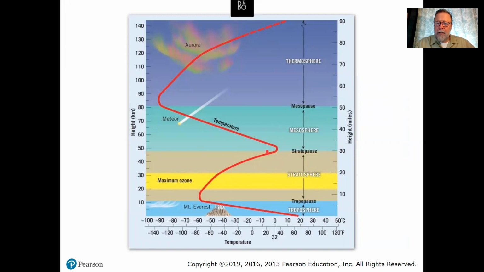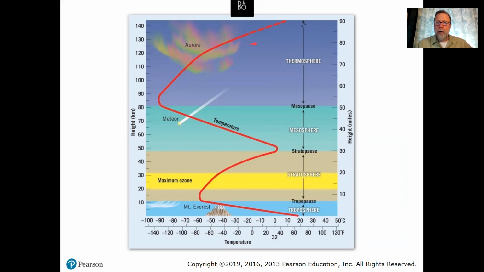What's happening there? Suddenly the temperature is dropping off significantly, and that's partly because we no longer have any ozone up there. This layer is called the mesosphere, so the temperature gets much, much colder, and we're not going to spend much time or concern on the mesosphere. But remember, as we go up, there's less and less air. And then finally, we get to the mesopause out at about 50 miles, 80 kilometers, and then above this layer,